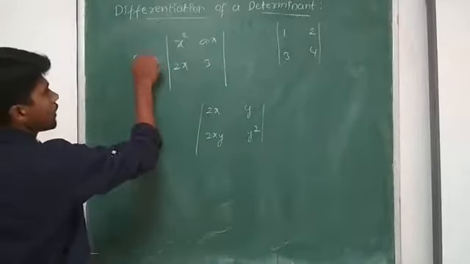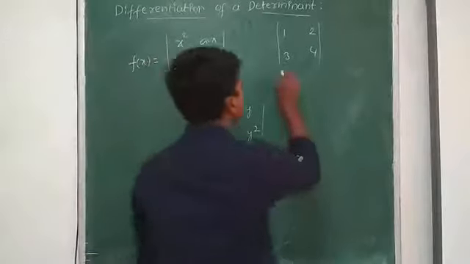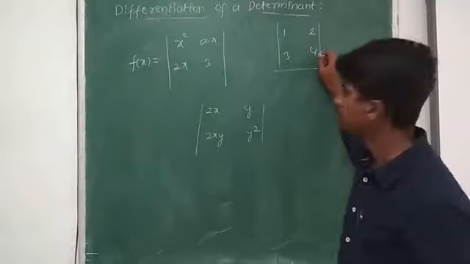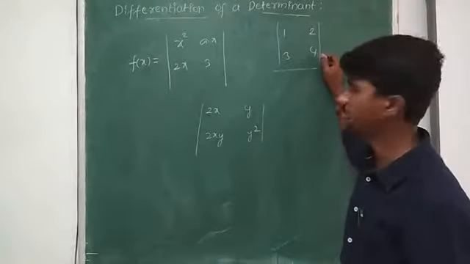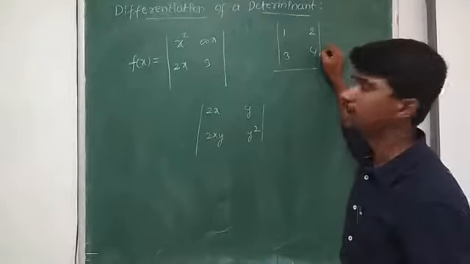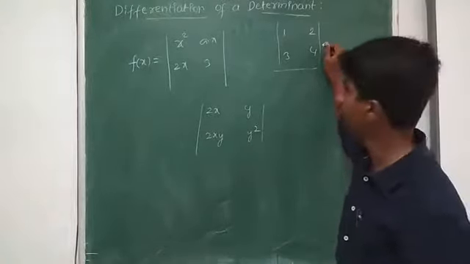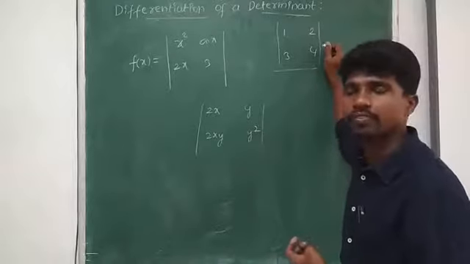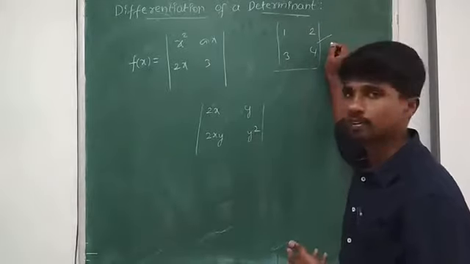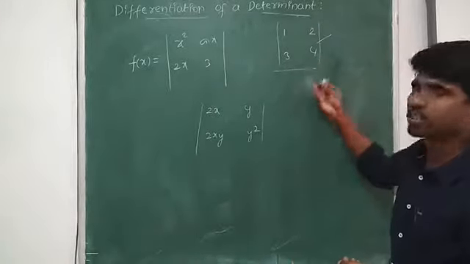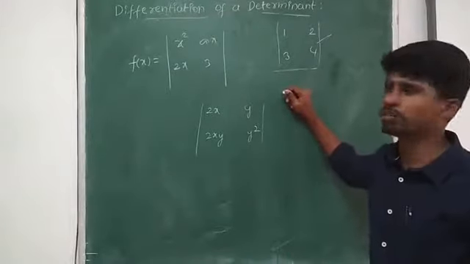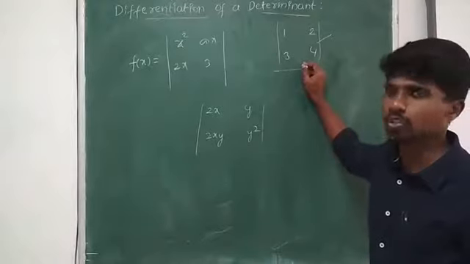So f of x. Coming to this particular determinant, here we don't have any variables. It's nothing but a combination of all constants. So the resultant we get, we can find its determinant, we'll get a number, nothing but a constant. If I want to do differentiation of the constant, we definitely get 0. So we won't face any problem with this. In fact, all the constants, their derivatives are equal to 0. So it's not a function, it is a constant, right?